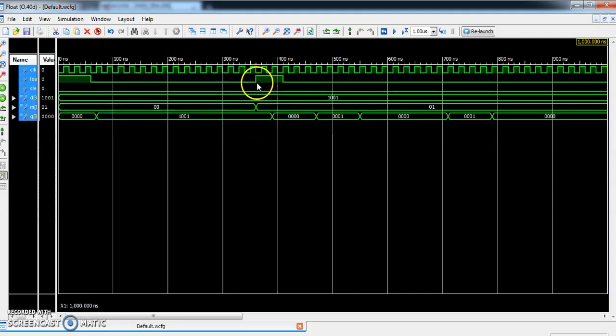Okay, after this point load is equal to 1, again we will load the data depending on the mode value, and the value of mode is 01, means again it will load the data in parallel, 1001, and send the data according to mode as it operates in parallel in serial out mode. You can see here the first output is 1, again 0, 0 and 1. So it operates in parallel in serial out mode.